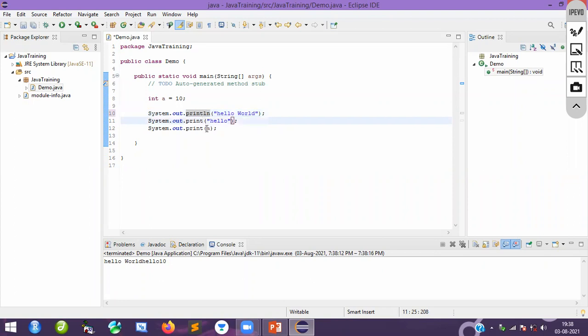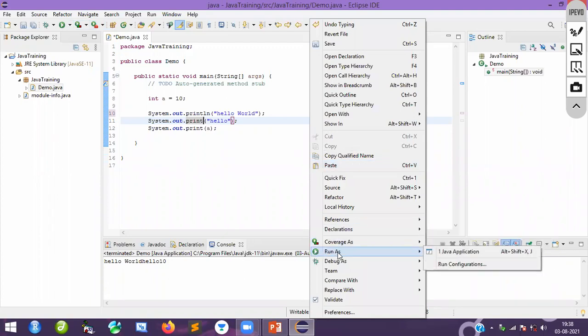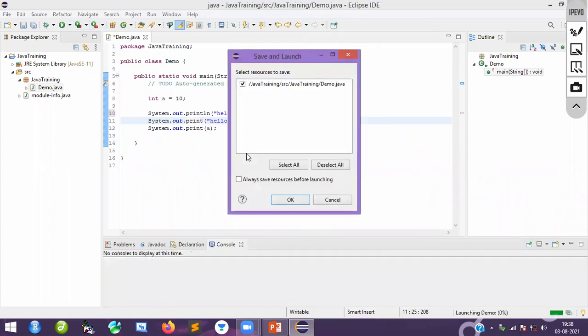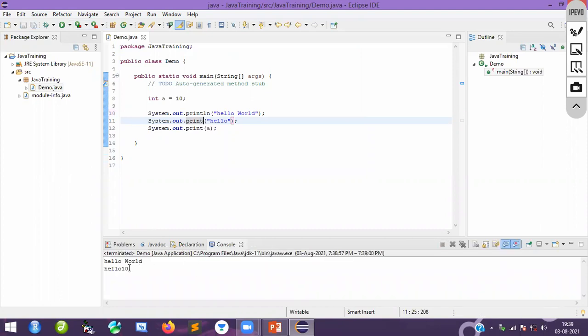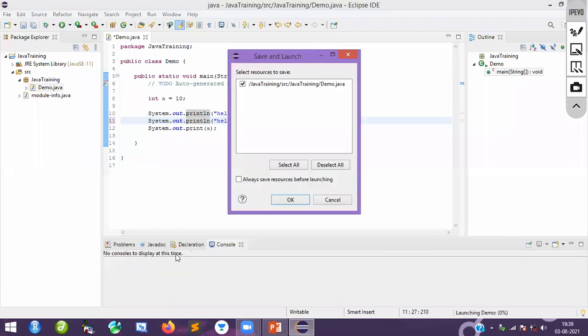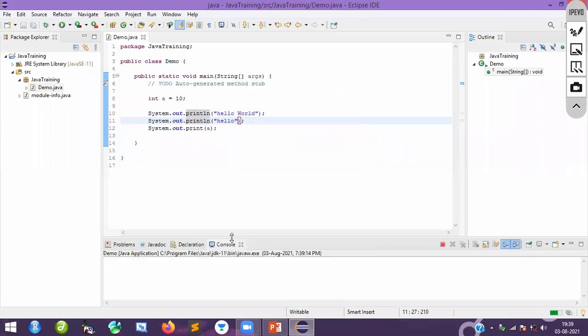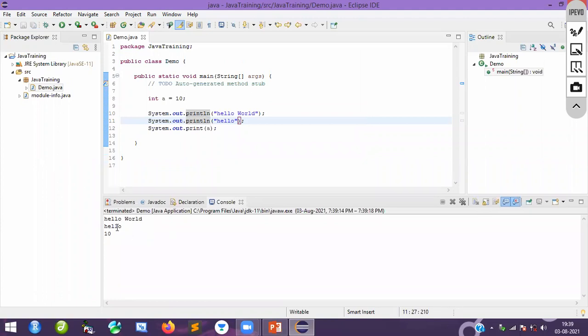So that is the convention. I will make it ln. Just run it now. See here, now the allow word, this statement is printing in the next line. We can see this, yes or not? Allow, 10. So I will mention ln also here. Now you see. Yes or not? See, allow.